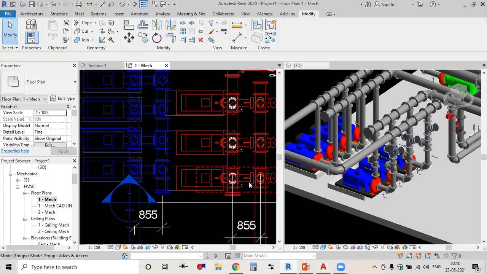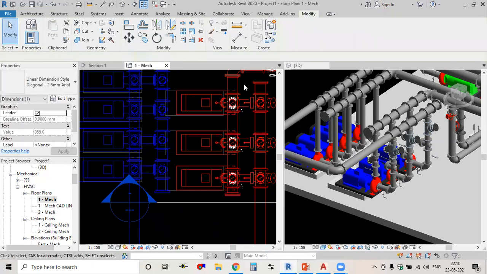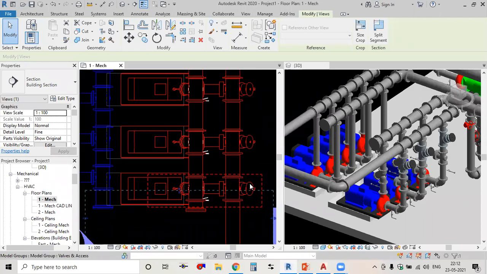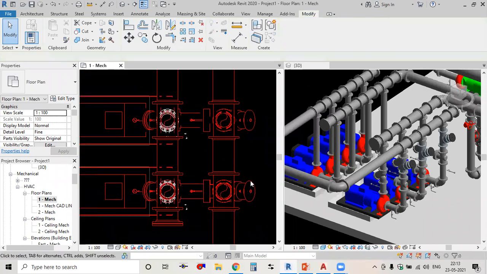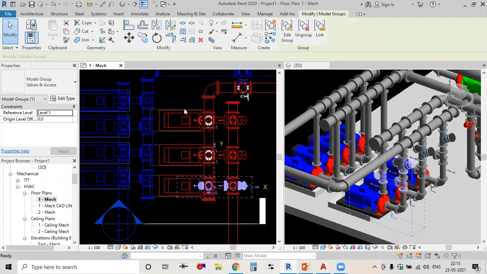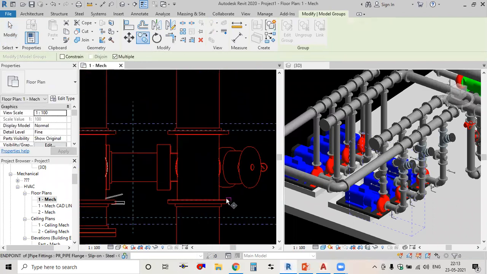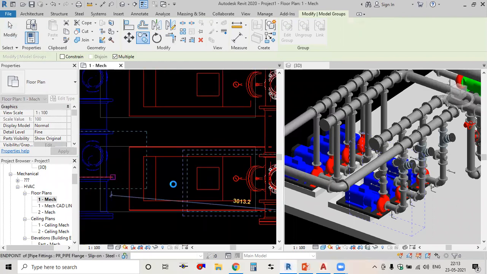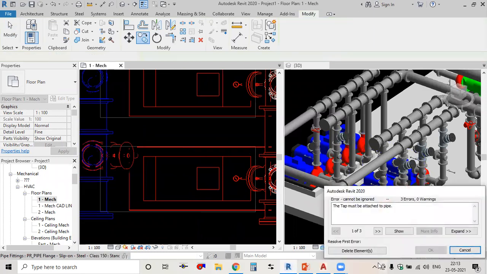Okay. Now you can copy this group to these accessories and valves. Okay. Select this, delete, select this, delete. Select this group. Okay. Copy this from a base point, paste it here. Delete elements, that is the error for the tapping.